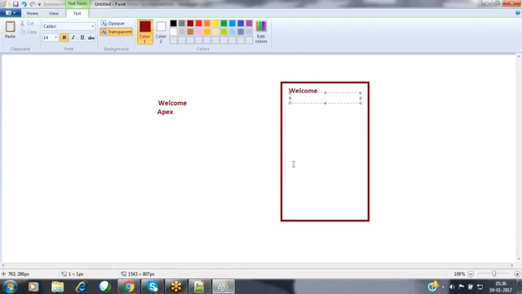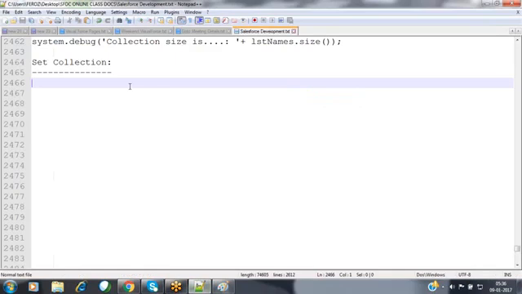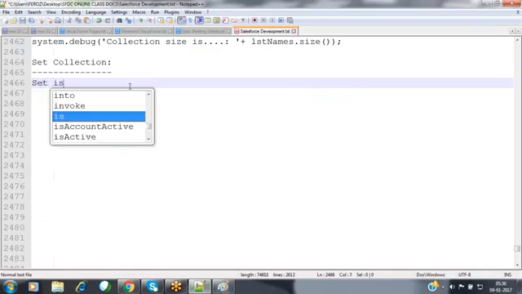If you are adding that 4th element, that may be added at the first position also. If I'm adding the third element, that may be available at the second position, whatever. Based on the sorting order, the elements will automatically get arranged, so we can't assure that the elements are available inside that collection in the same order they were added, because it is not following that same order. It is added in sorting order by default here. So when coming to the set collection, set is an unordered collection.